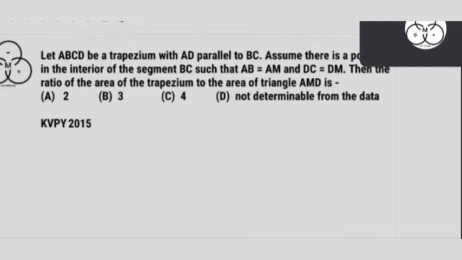Let ABCD be a trapezium with AD parallel to BC. Assume there is a point M in the interior of the segment BC such that AB equals AM and DC equals DM. Then the ratio of the areas of the trapezium to the area of AMD is...